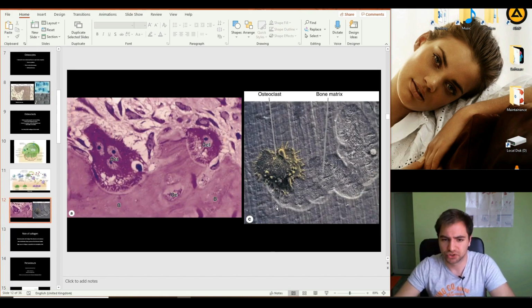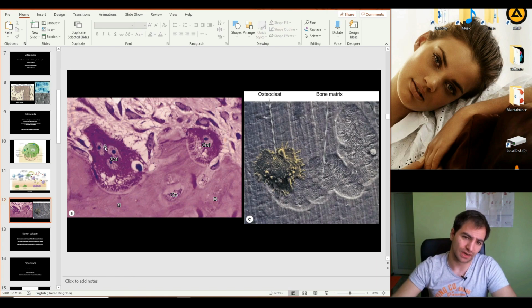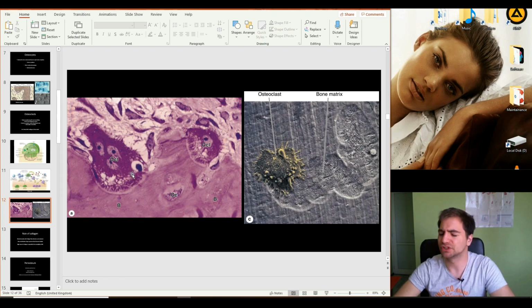So here we see a nice picture of how this actually looks macroscopically. We'll see, of course, all the pictures after we finish the theoretical part of this lecture. So this is the osteoclast. We can typically see these 3 nuclei. All of this is one cell. All of these nuclei reside within the one cell, so it's very easy to identify an osteoclast under the microscope, simply because we see more than one nuclei on the surface of the bone. So this is very easy to identify, and this is the electron microscopy picture of how this structure looks